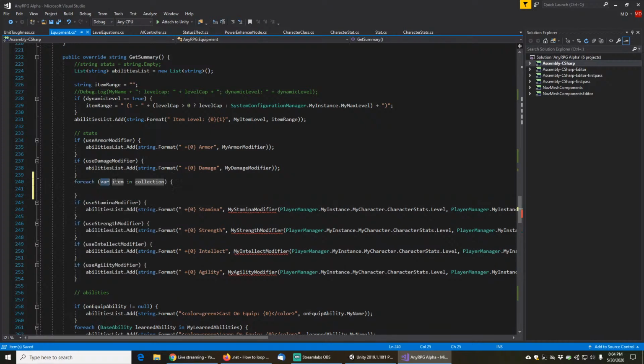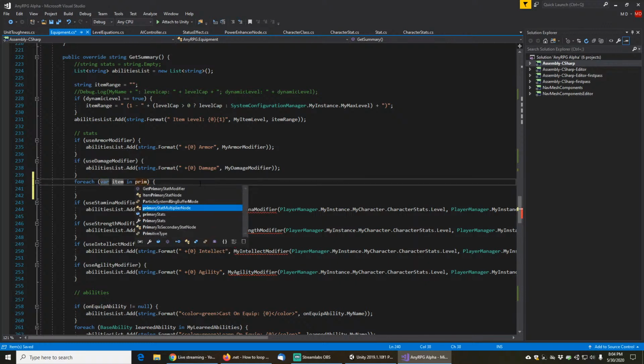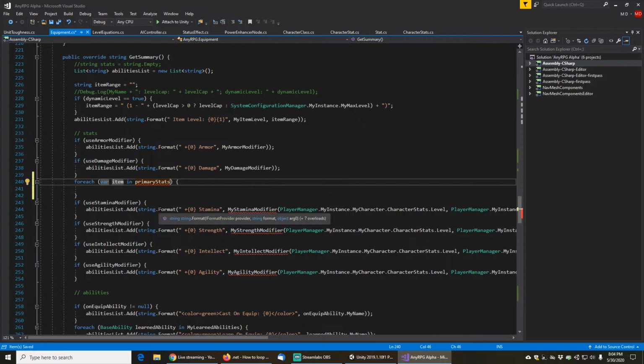That means we'll need a for each loop, and the equipment has primary stats, I believe. Item primary stat node. Yes, so we're going to be looping through a list of item primary stat nodes called item primary stat node. And